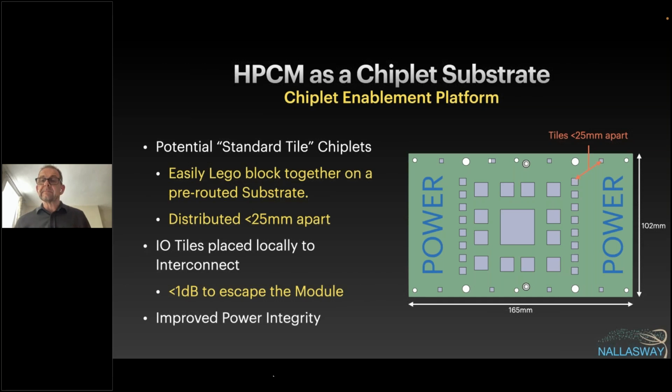Question, Alan. So what is the total power budget that you envision for this module? Yeah, good question. So we basically took the OEM direction. So we'd like to power up to 1 kilowatt for the main processor or the group of chiplets that we see here. So about 1 kilowatt there, and then we're assuming that the single width